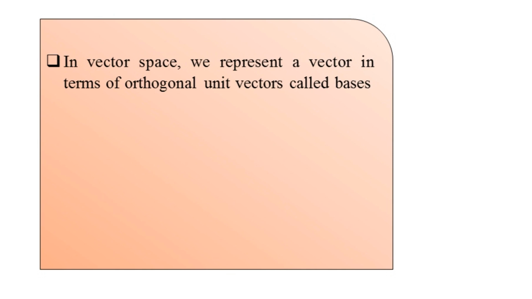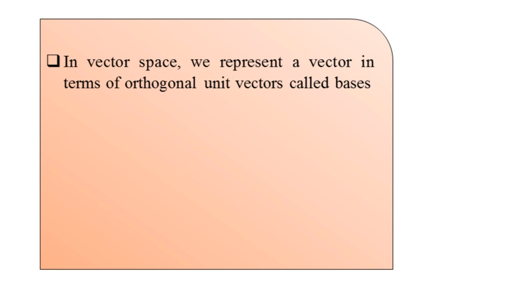So as in the previous topic, the vector space, we had the representation of the vector in terms of the bases which are orthogonal unit vectors. Previous to that particular topic, in the Fourier series and geometry, from the vector algebra, I have taken the concept of the coordinate system. The three types of the coordinate systems I have addressed: rectangular, also known as Cartesian; the second one, cylindrical; and the third one, the spherical coordinate system.